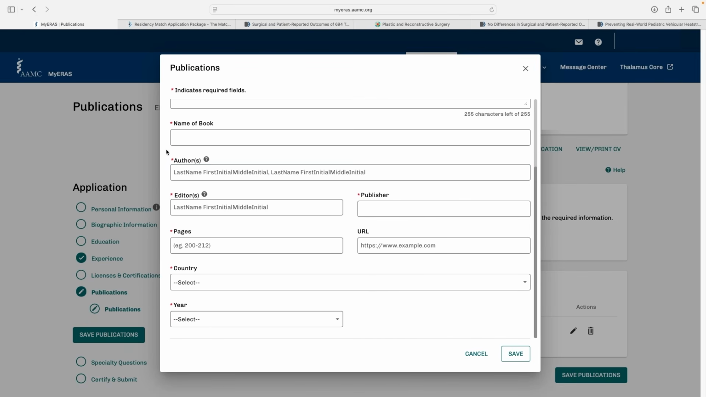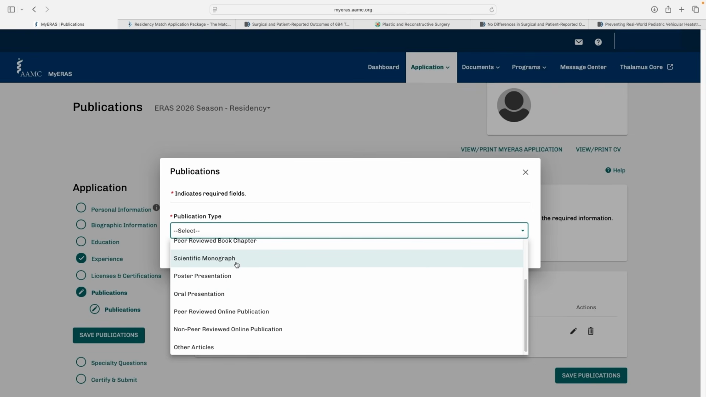Here you add the authors like we talked about. Here you write the editors of the book, the publisher of the book, the pages of the chapter you wrote or contributed to. If you have the link, you can add it here, the country and the year in which the book got published. Scientific monographs are a piece of work on a particular topic, but I don't see these